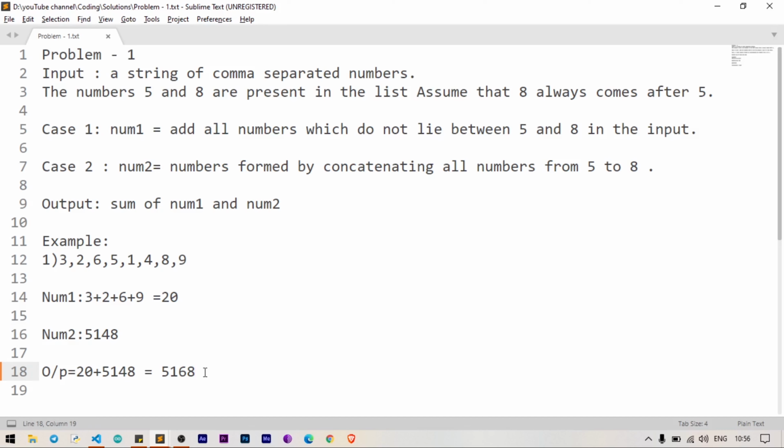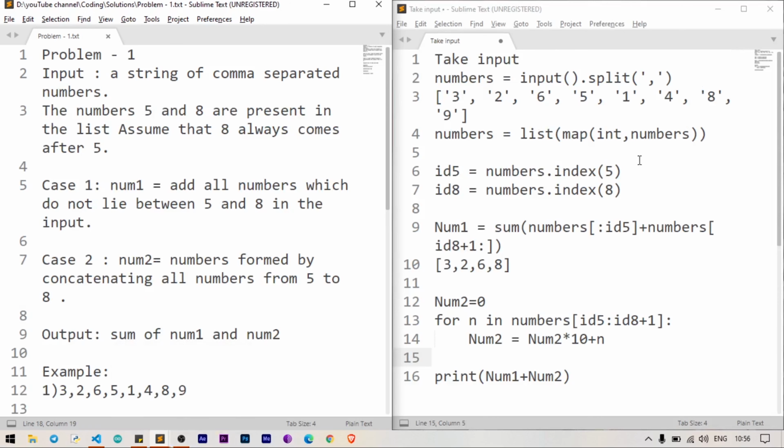I will solve this problem in Python and Java. I suggest you watch both Python and Java codes so that you will get a clear idea about the logic difference between Python and Java, because Java doesn't have all the functions and features that we have in Python. So do watch both Python and Java. First we will see pseudocode and then we will go for Python and then Java. Let's see the pseudocode.